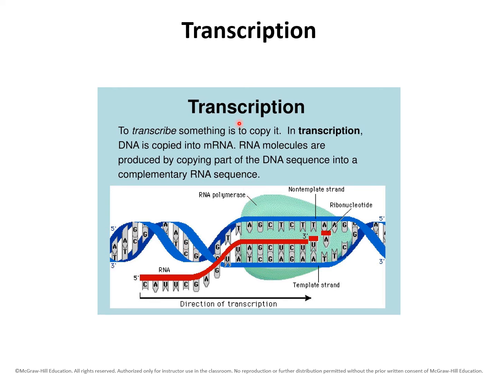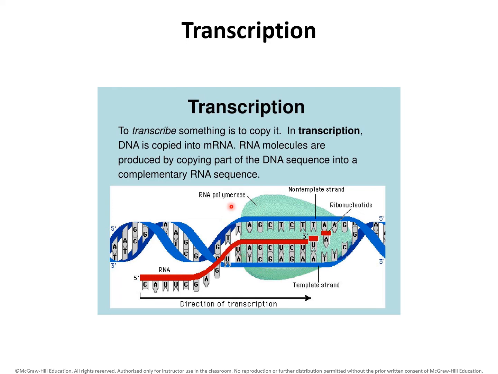What will happen here during transcription is that this real important enzyme, RNA polymerase, and you can see that in this aqua-like color, is going to unwind, first of all, this DNA helix, essentially separating the bonds existing between the bases on that DNA molecule. You can see that happening here. The DNA helix is unwinding.